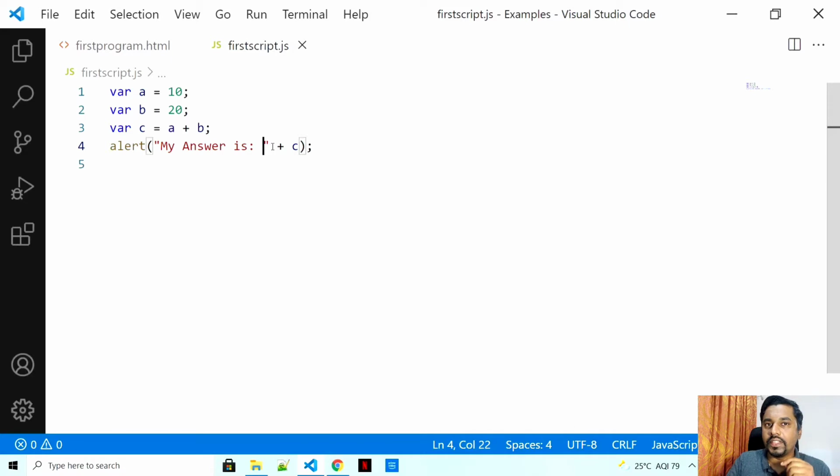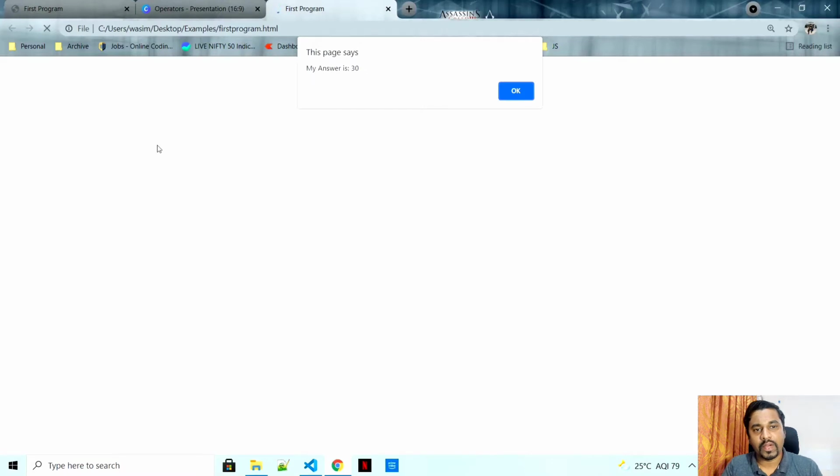So what JavaScript says is, okay, what you're trying to do is add two things, but now the first thing that you're going to add is a string. If you try to do this in some other language, it's going to throw an error. But JavaScript is much smarter. What JavaScript will think is, oh, he doesn't want to add this, he wants to concatenate it. That means he wants to join it. And as JavaScript is smarter, it will just print it as you have written it.